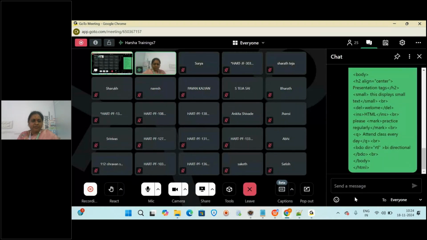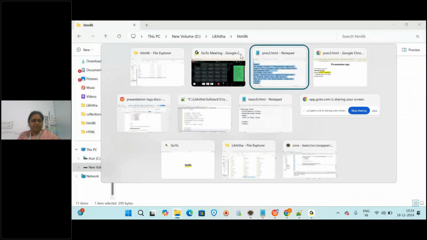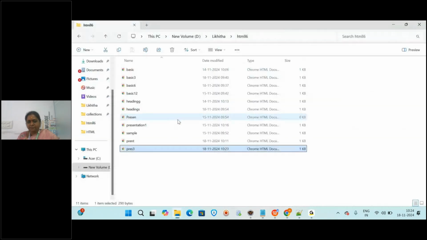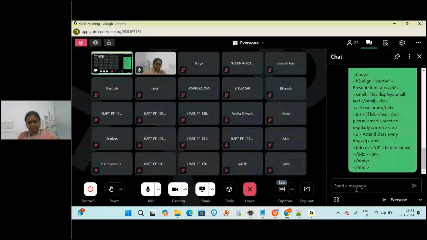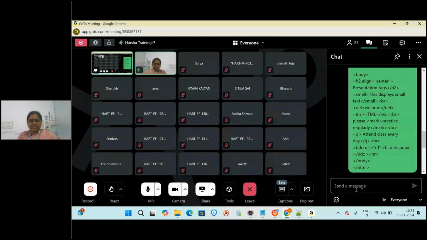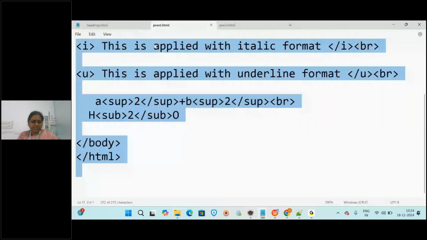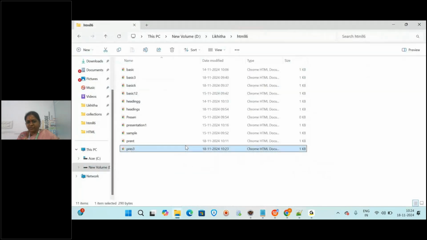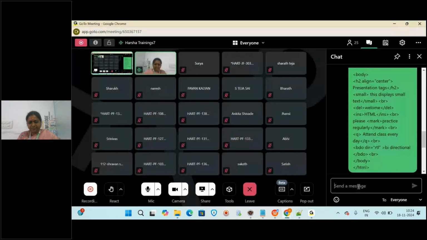And I will share the examples of the presentation tags also, and one more example on headings. These are the three examples we have discussed today. So I have shared all three.